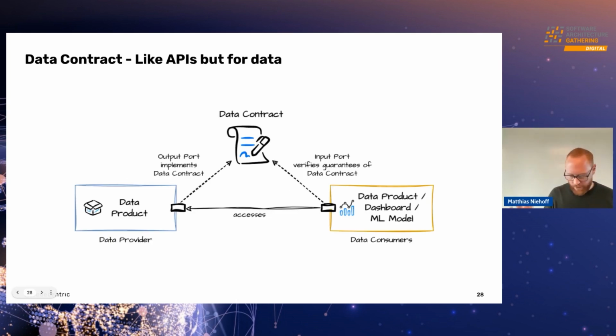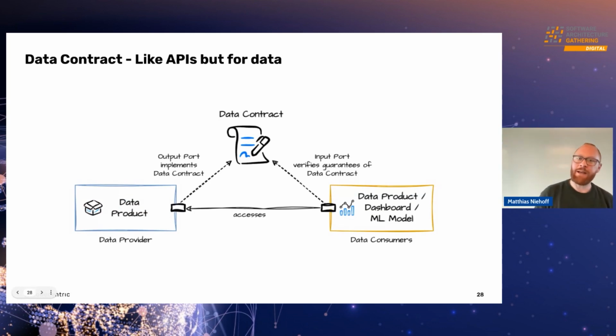And one thing that emerged in the last months, maybe years, I think there are like 12 different specs now for an API. So we have specs for APIs, OpenAPI and co. So we also want to have specs for data. And there's this thing called a data contract. And as I said, there are a lot of specs for designing a data contract. This one is from INNOQ, this is the image from them, but there are several others as well.